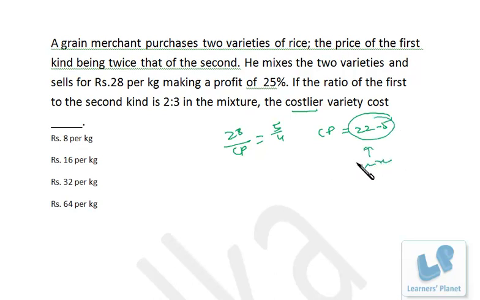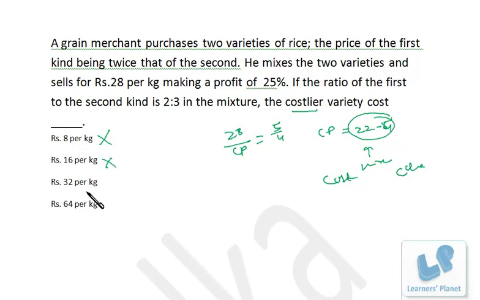Getting my point? That means this should be lying between the cost price of the costlier variety and the cheaper variety, obviously, because the price of the mixture will be between the costlier variety and the cheaper variety. Okay, now don't do anything, just go through the options, because all the data are very simple to calculate. See, costlier variety, if it is 8 per kilogram, it is not possible because even the mixture is 22.4 rupees per kilogram, right? So costlier variety must be more than this. Wrong. 16, costlier variety should be more than 22.4, so even this is wrong.